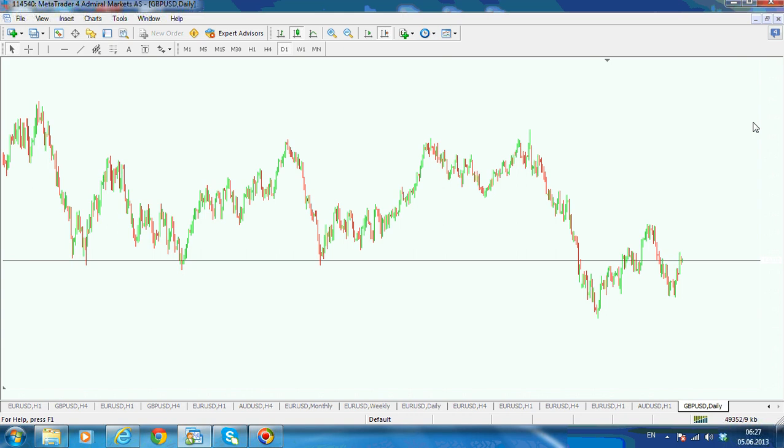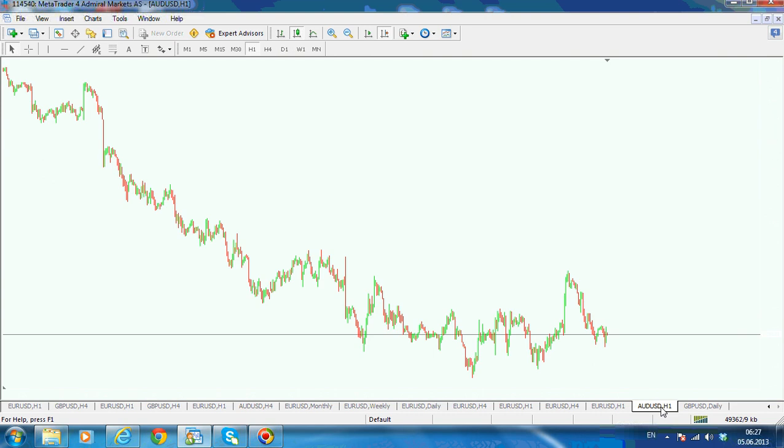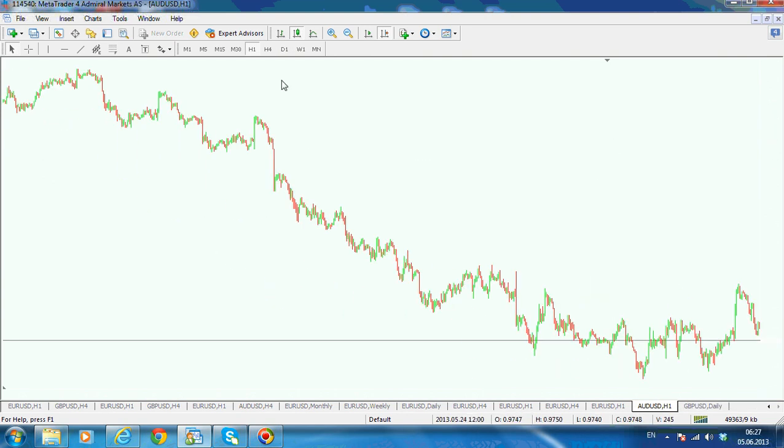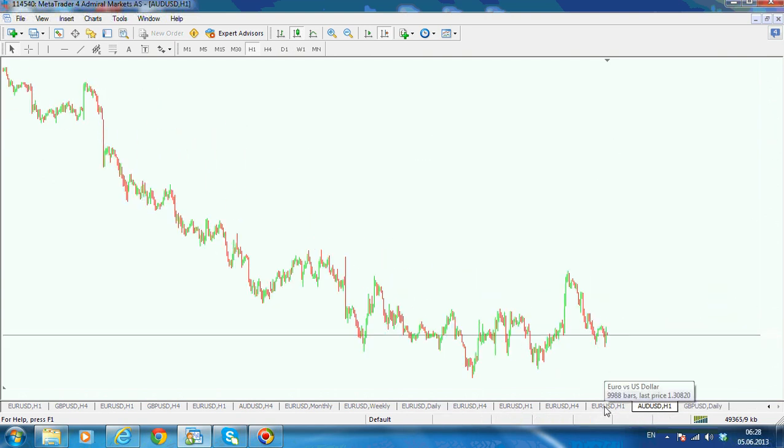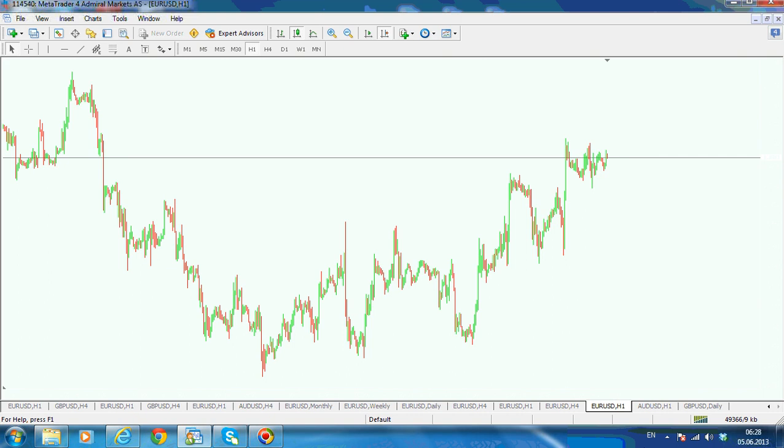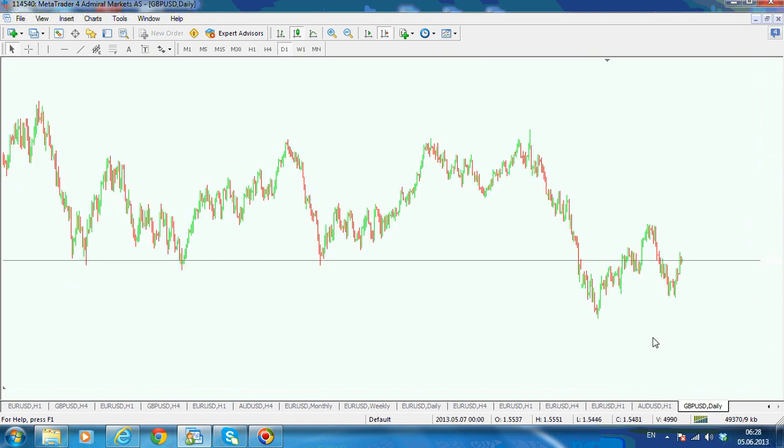Now, for this purpose, this subject will have two recordings with different examples. I will have three examples here. One on the Great Britain pound US dollar on the daily chart, the one that you're seeing here. Then another one on Australian dollar US dollar, trying to look at this move to the downside. And another one, of course, on the euro dollar, the 1 hour chart here, trying to look on the current